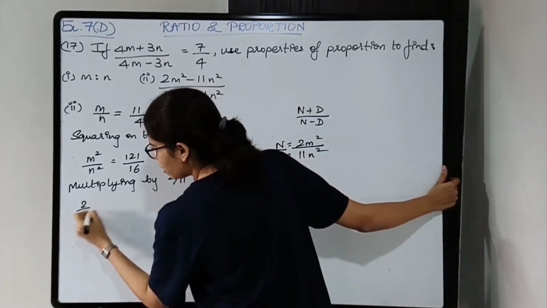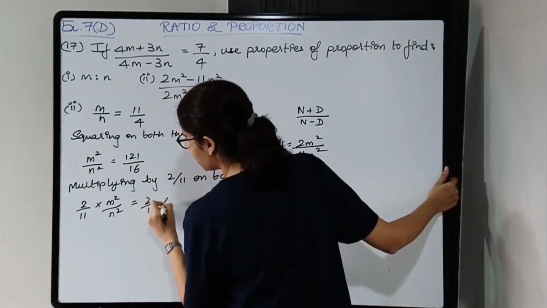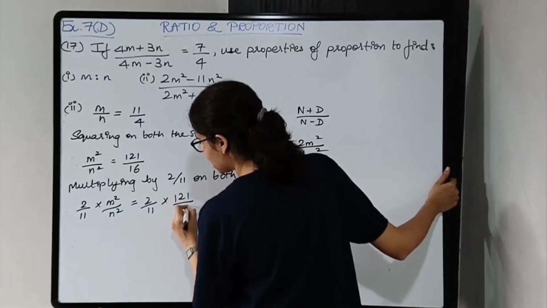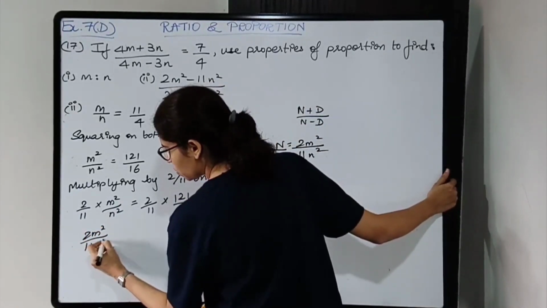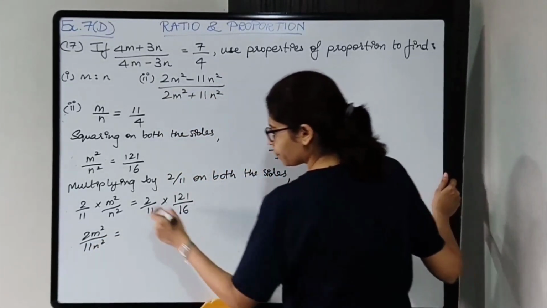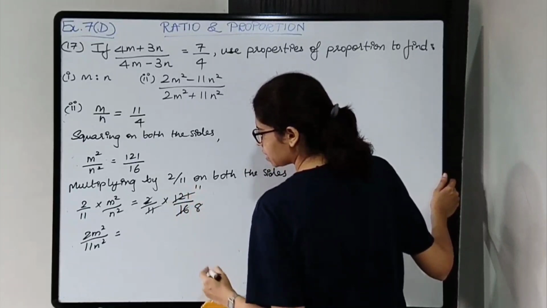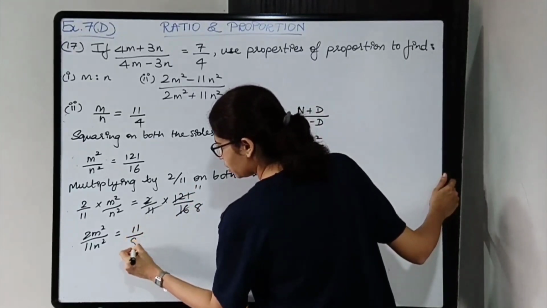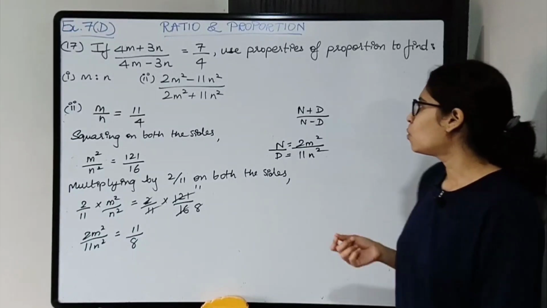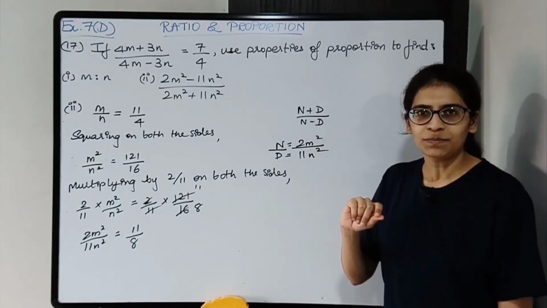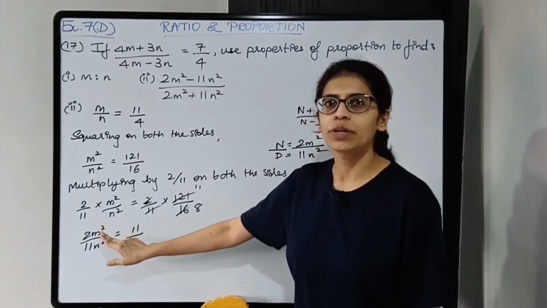So 2 by 11 into m square upon n square is equal to 2 by 11 into 121 upon 16. So we'll get 2n square upon 11n square is equal to 2 8s are 11 11s are, so we are getting 11 upon 8. Okay. Now I need to apply componendo dividendo because I need 2m square plus 11n square and 2m square minus